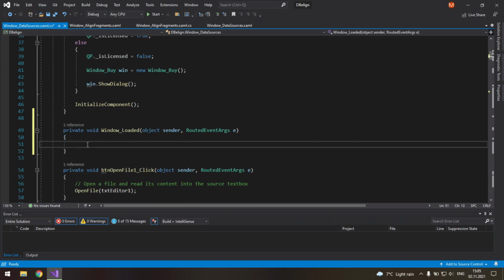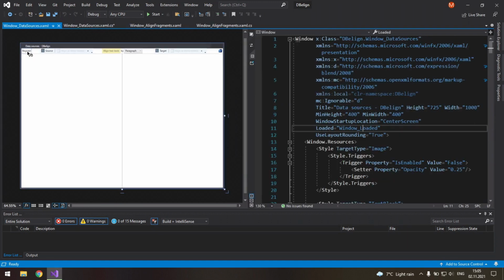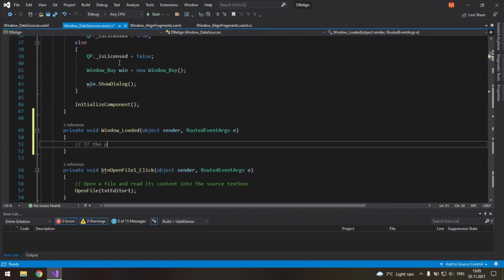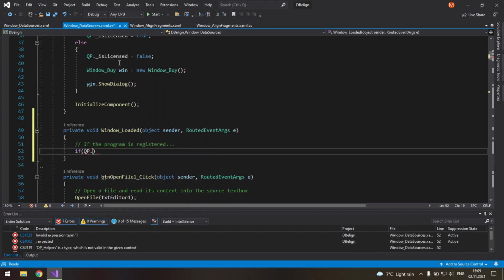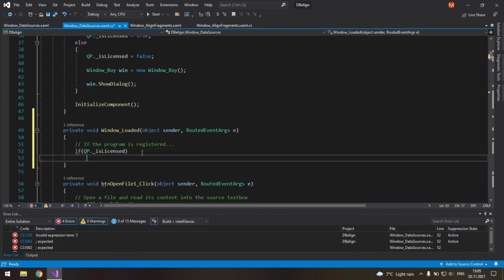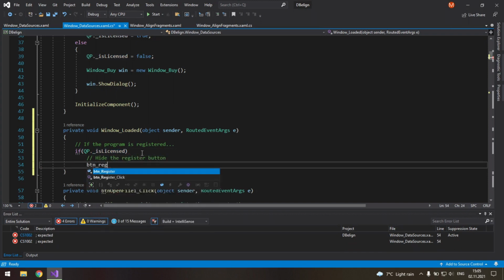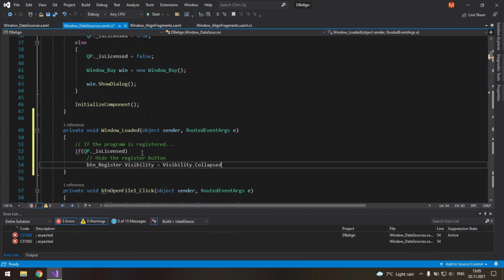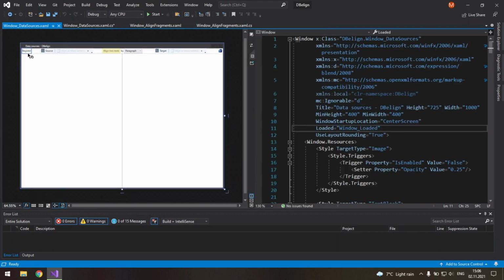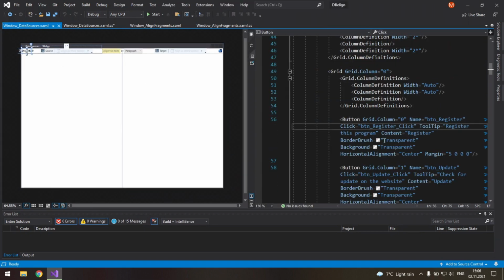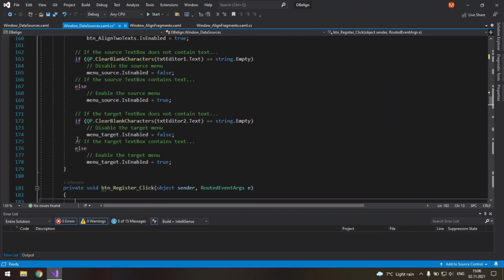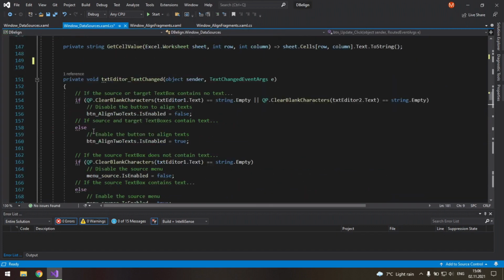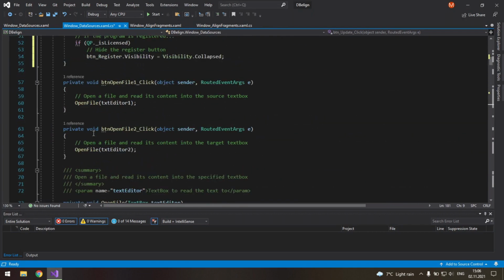and we will check here if the program is registered, because if it is, we will hide this register button. If the program is registered, if qp._ is licensed, we will hide the register button. So button underscore register dot visibility equals visibility dot collapsed. Now let's also add the code to its button click event. So press F12, and I think we should move this button register click under the loaded event